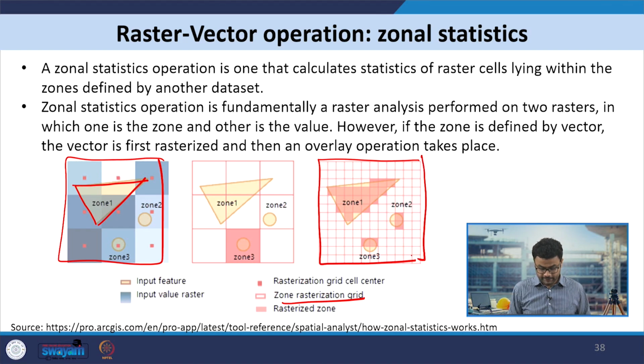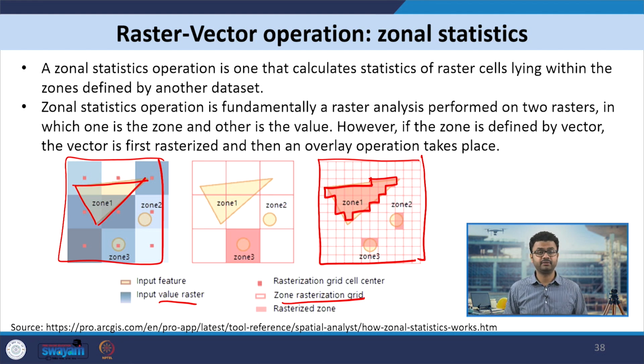Then from that, the rasterization zone is identified. So, these are the rasterization zones, and then the rasterization zone is overlaid on top of the input value raster, and through this the zonal